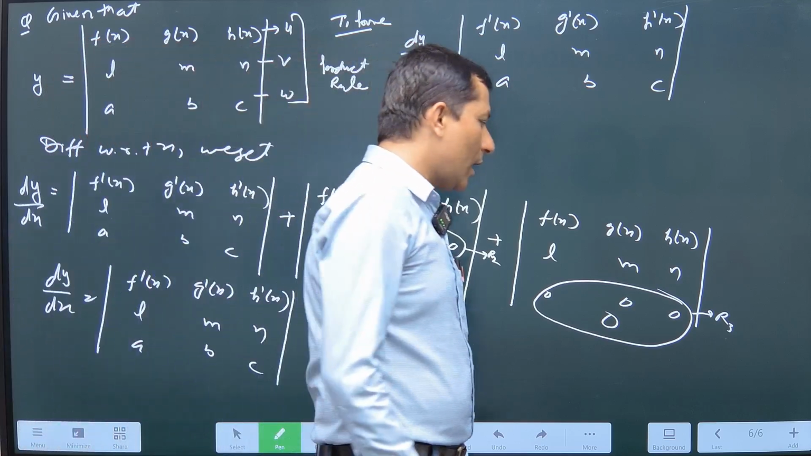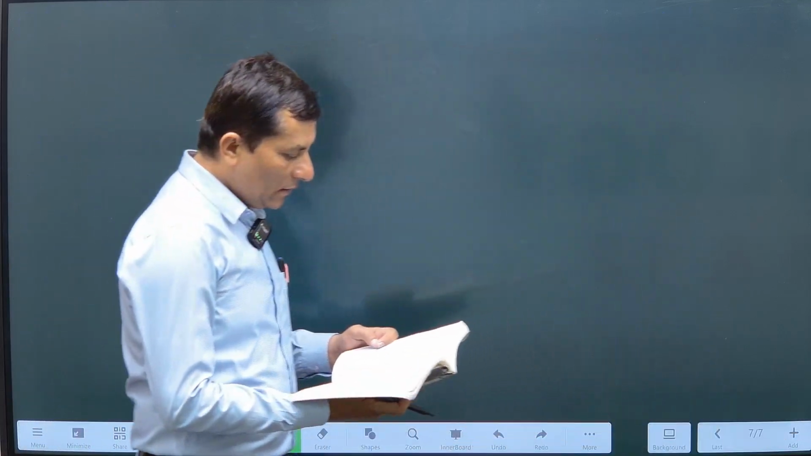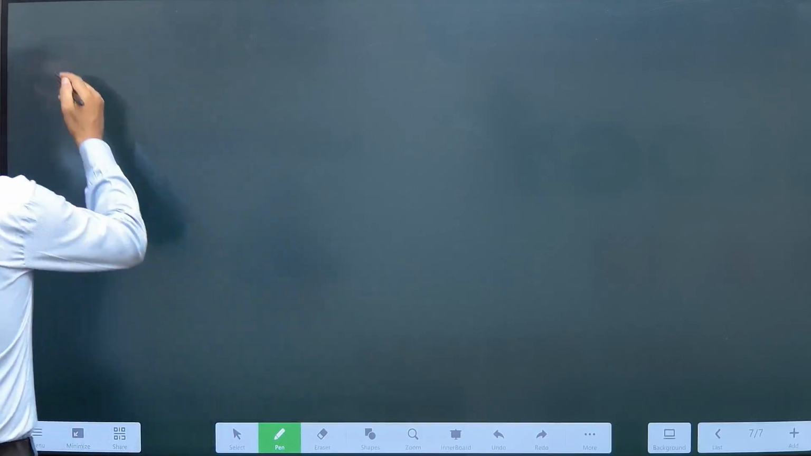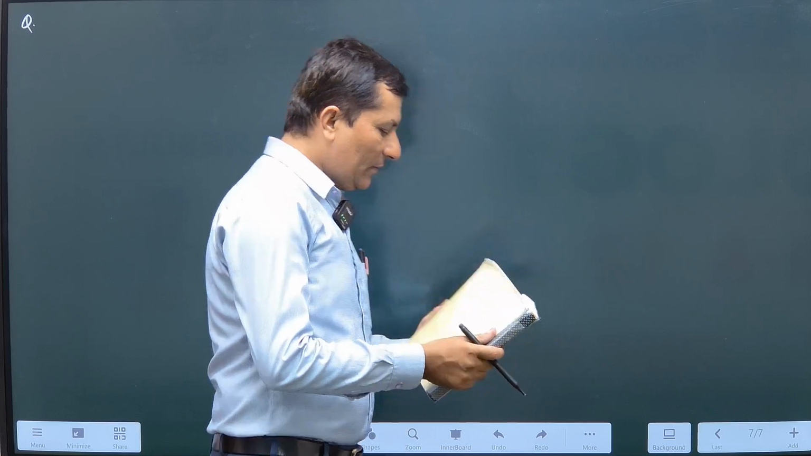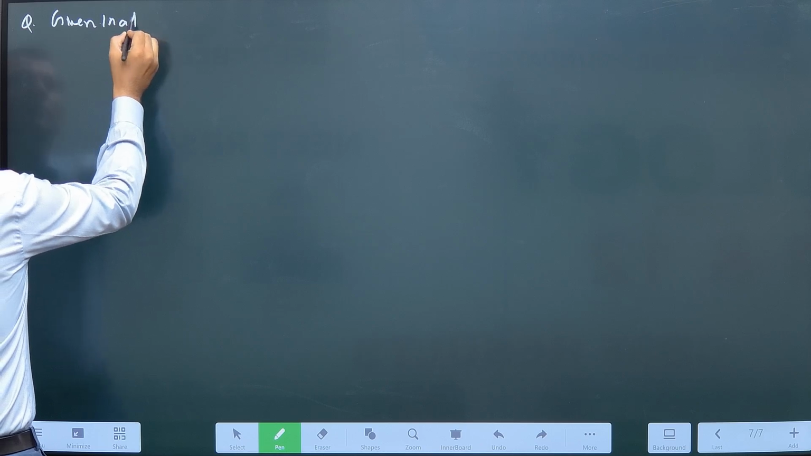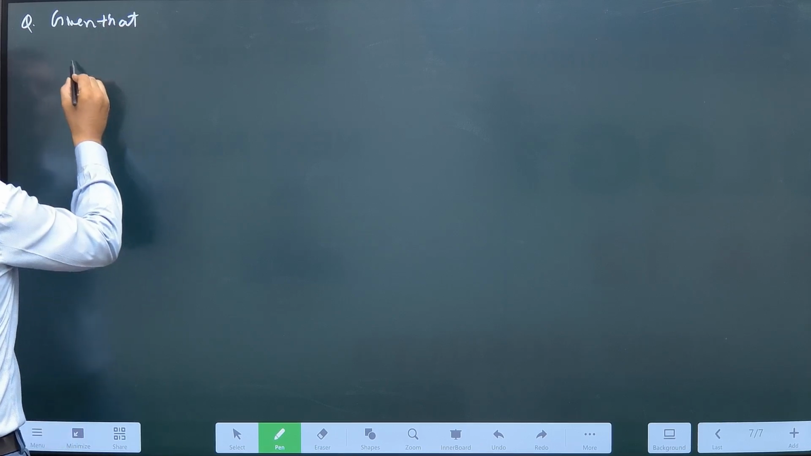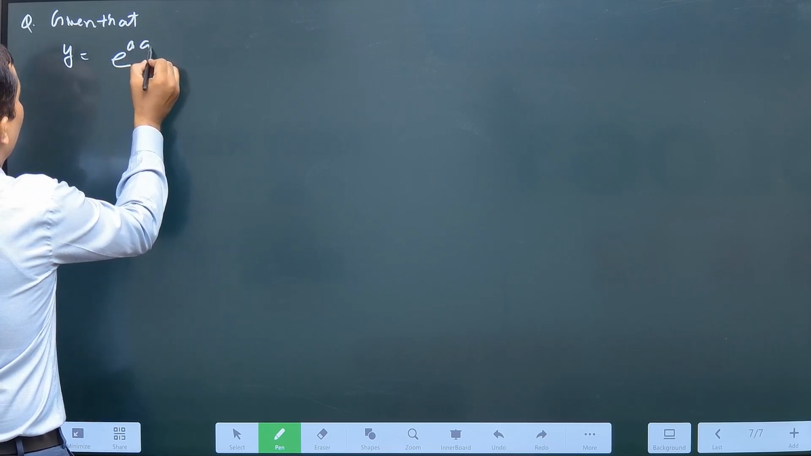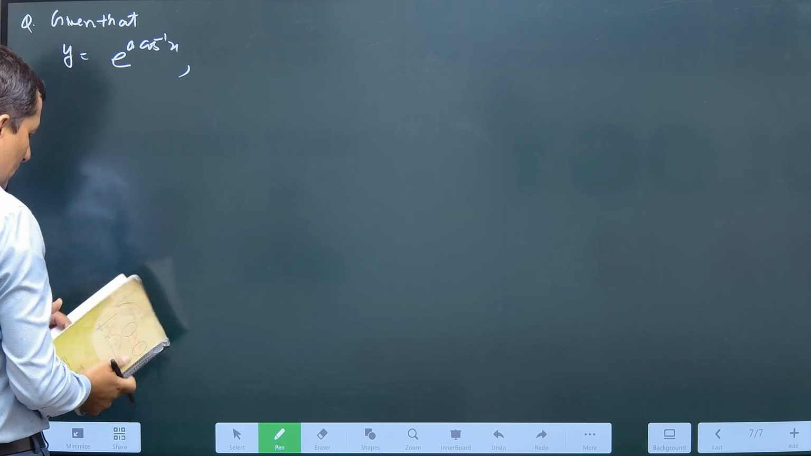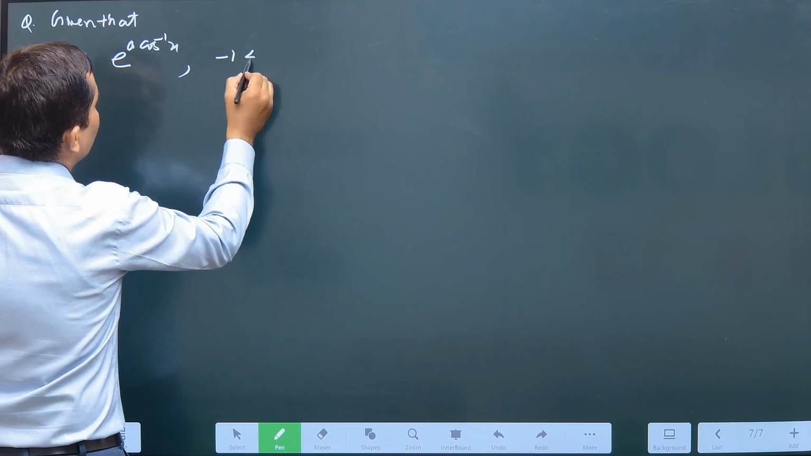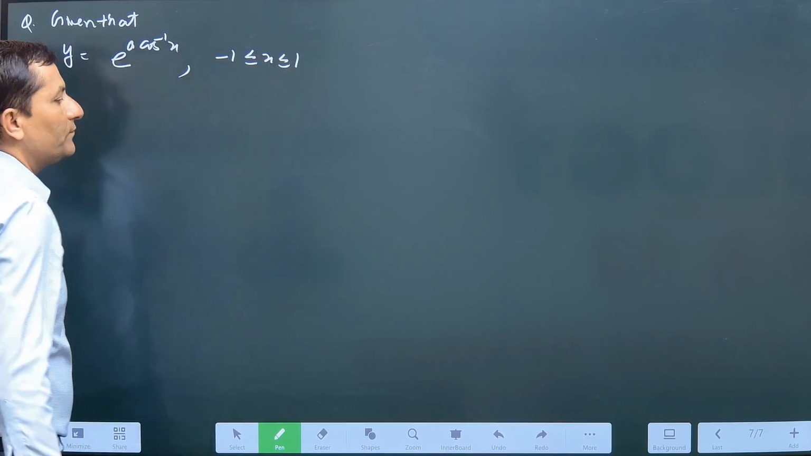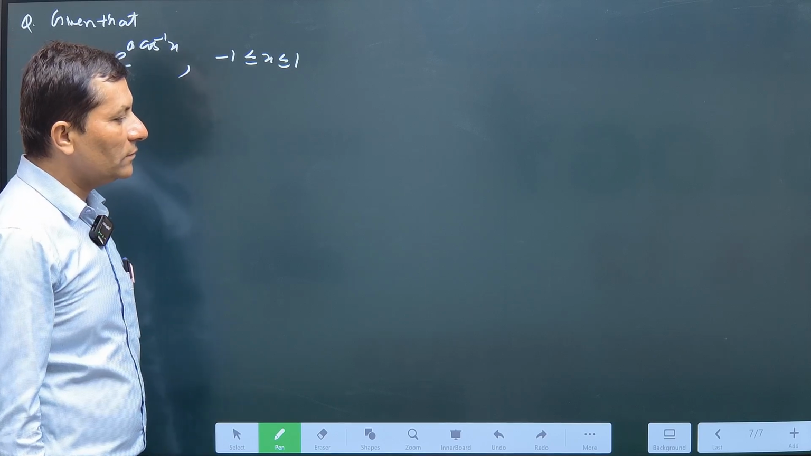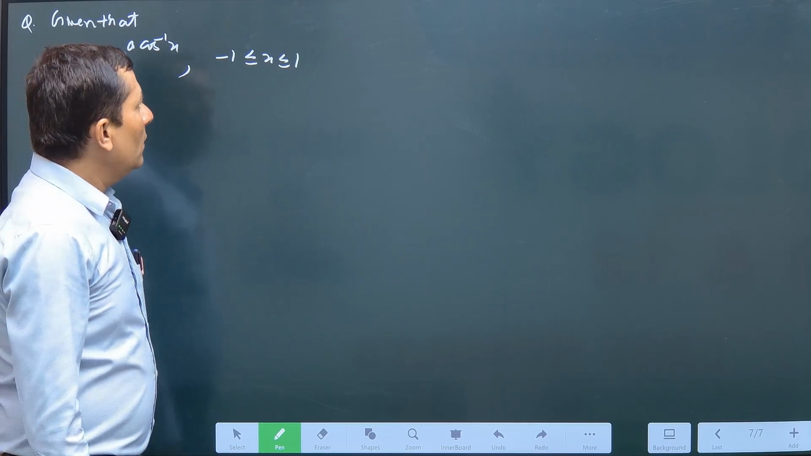Clear na? Okay, last question, good question, important, a 2 marks question. See here, given that your y is equal to e raised to power a cos inverse x, where minus 1 is less than or equal to x less than or equal to 1. Clear? To prove